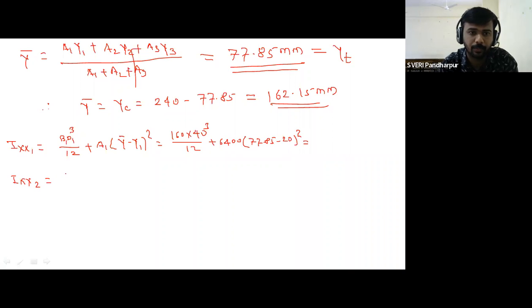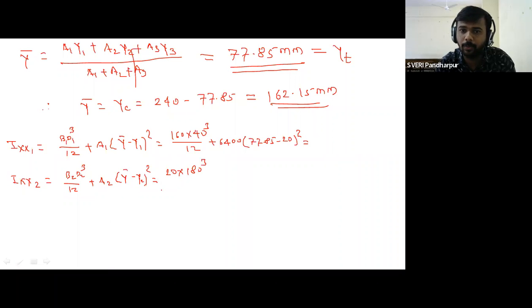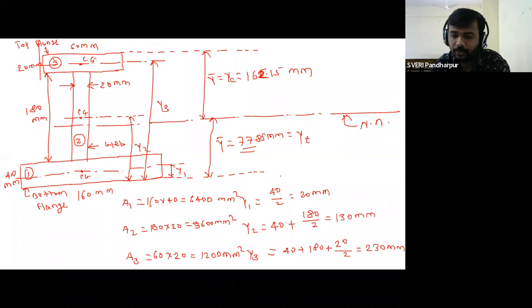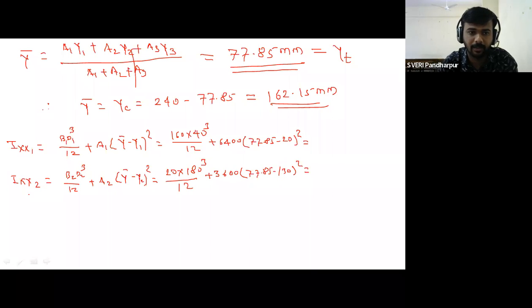Ixx2 is equal to B2 D2 cube divided by 12 plus A2 in bracket y bar minus y2 bracket square. So 20 into 180 cube divided by 12 plus 3600 in bracket 77.85 minus y2 is equal to 130 bracket square, and third one is equal to